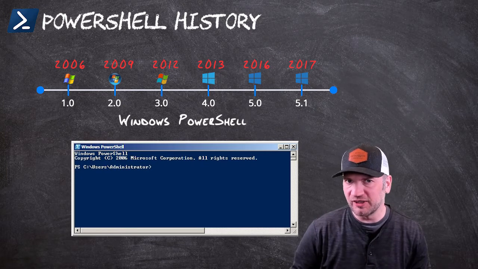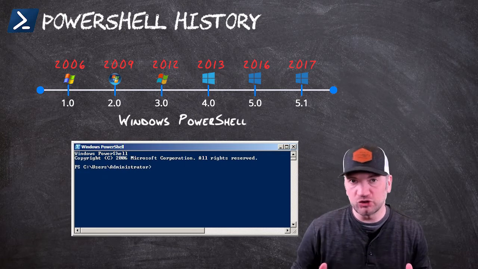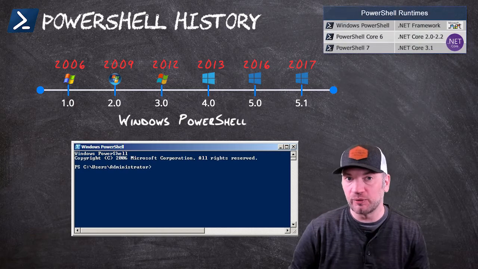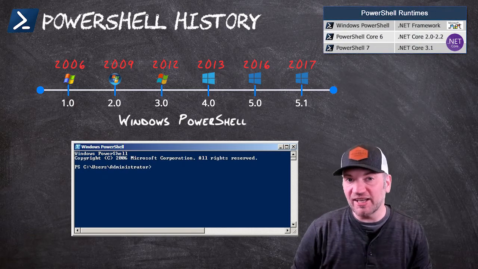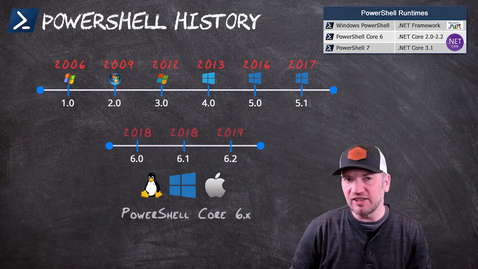Now, I say final because we're talking about Windows PowerShell. Version 1 to 5 strictly ran on Windows, and it was built on the .NET framework, a development framework also designed specifically for Windows. That was the last version of PowerShell built specifically for Windows, because in 2018 we got